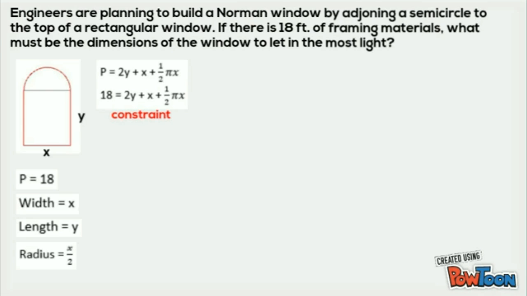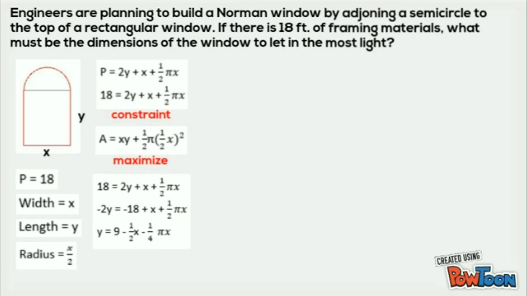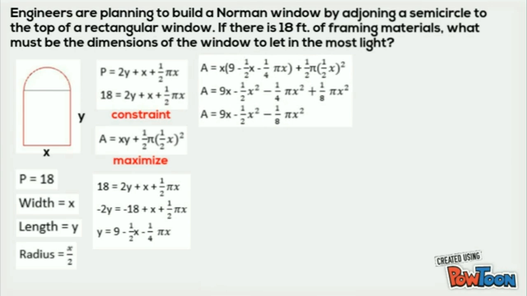For the second equation, we're going to find the entire area, which is the sum of the area of the rectangle and the area of the semicircle. So, the area of the rectangle is x times y plus half of the area of the circle, which is 1/2 pi times the square of the radius 1/2 x, and this would be the equation that we want to maximize. Next, we rearrange the constraint function by isolating the variable y, then plugging it into the function of the area